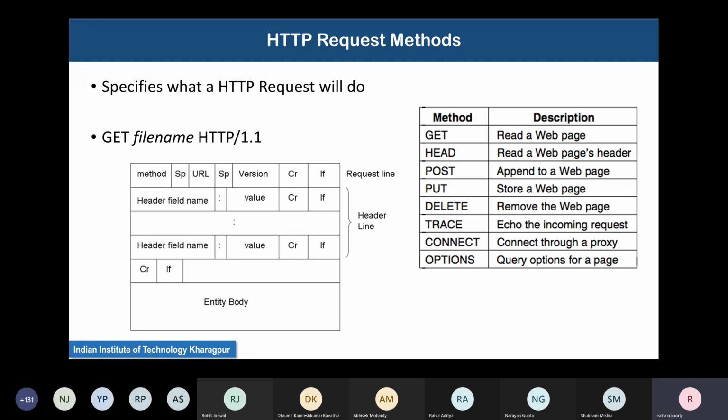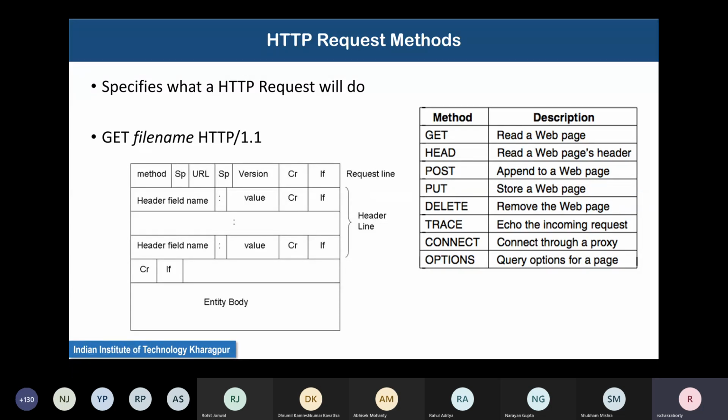What is CRLF? CR is carriage return and LF is line feed. Carriage return basically means you bring back the cursor to the beginning of the line. And line feed means go to the next line. So overall, these two together mean you press enter.